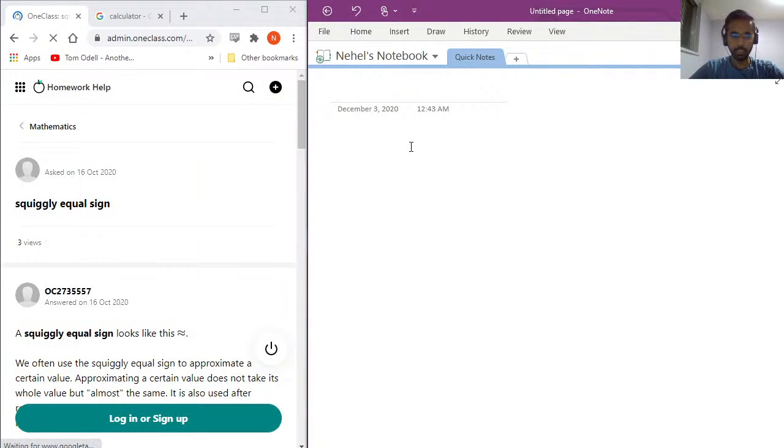Alright, question 8. Again, fairly straightforward question. So, squiggly equal sign. I actually intentionally used that in one of the previous questions, but what a squiggly equal sign implies is if a quantity is almost equal to or can be approximated to a certain value, we would use this squiggly equal sign. So for example,